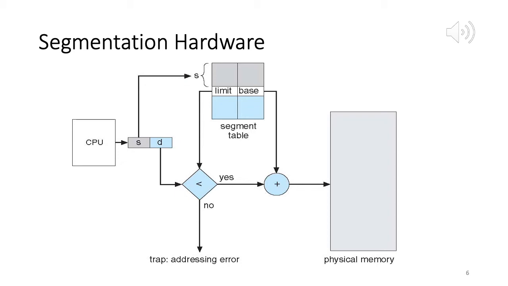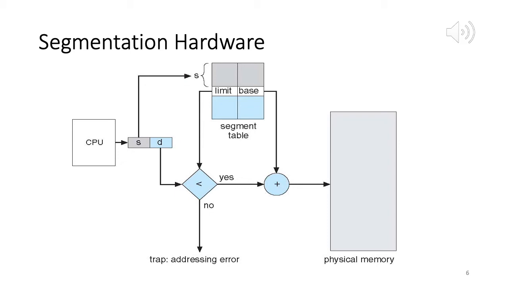We will find a match, provided that the mapping from virtual to physical has been done already. Once we find the match, we look at the corresponding entry, because S is the index. From that entry we get the values of limit and base. Base is the base address of that segment. Let's say for segment 0 the starting physical address is 1000. So we know where we have to start looking, and the only other thing we need to know is the offset for accessing the individual byte.